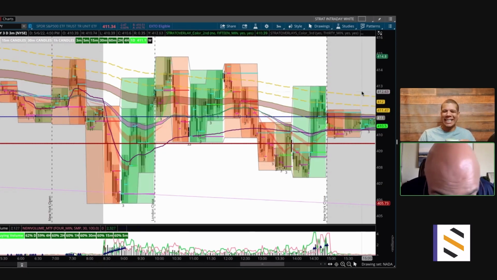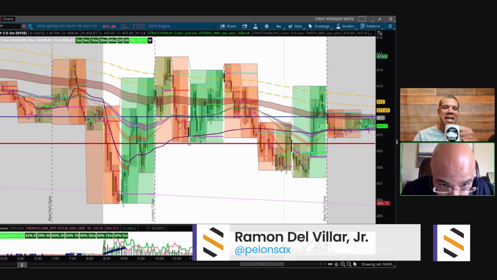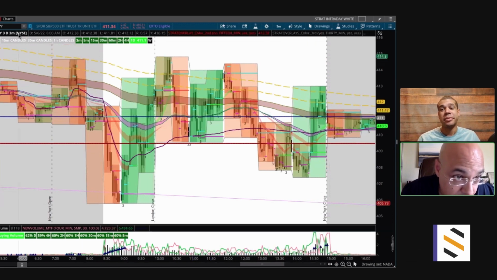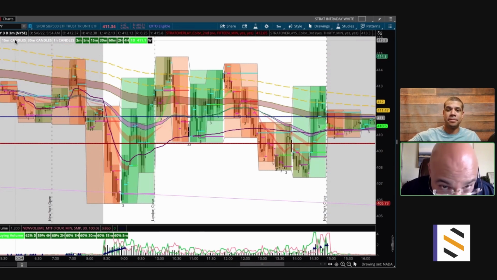So how does price aggregate over time? All right. Well, one of the ways that we can see how this is happening is using these overlay charts. And again, you'll find them in my pinned tweet. And what I did was basically write a script for Thinkorswim where there are these overlays, and these overlays represent the different time frames. So in this particular instance, what we're looking at here is a 3-minute chart, okay, where